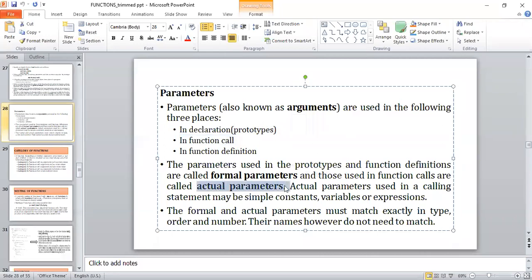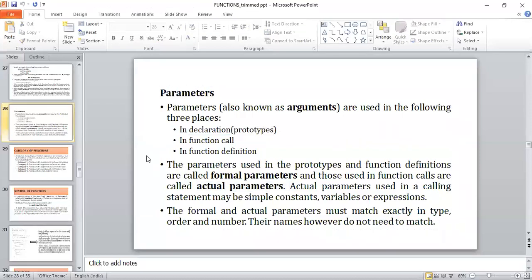Formal parameters are the parameters used in prototypes and function definitions, but the actual parameters are used in the function calls. That is the major difference between the formal parameters and the actual parameters. And actual parameters can be either simple constants, variables, or expressions.